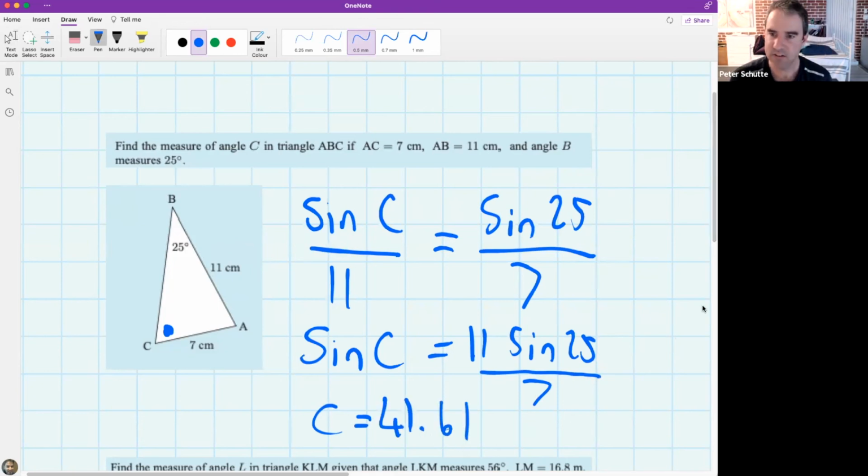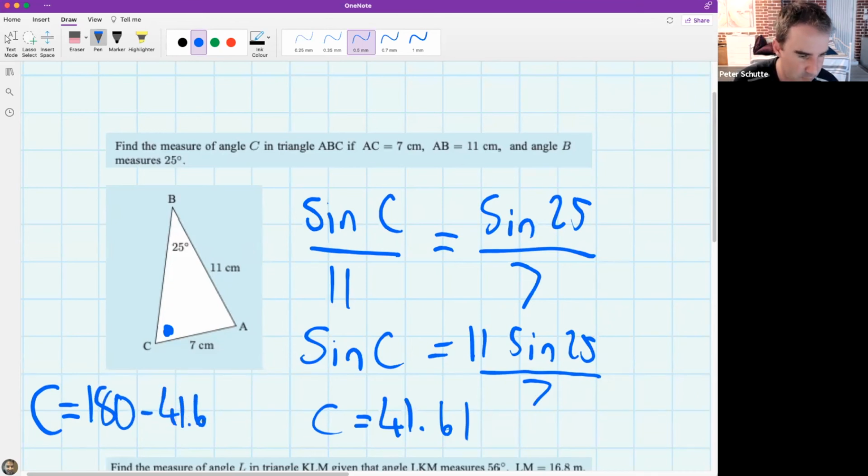So in this case, you guys should be getting 41.61. Now, what I want to point out, it's not immediately obvious in this particular question because C is an acute angle, but the other possibility, when you use the sine rule to find an angle, there is another possible answer. And the other possible answer is just going to be 180 minus 41.61. And so in this case, 180 minus 41.61 would be